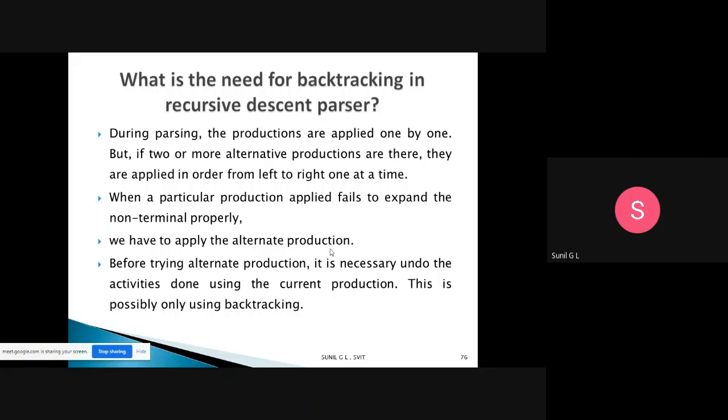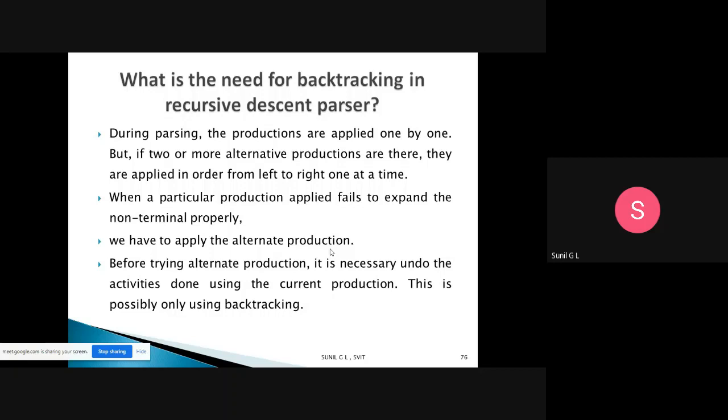During the parsing, the productions are applied one by one. If you have productions like x tends to y, y tends to z, z tends to a, whatever it may be, we will have n number of productions, and all those productions are applied one by one. If two or more alternative productions are there, they are applied in order from left to right, one at a time. We don't know whether one production will give the output or not, so by trial and error we try alternative productions.